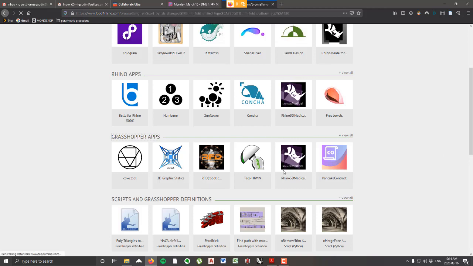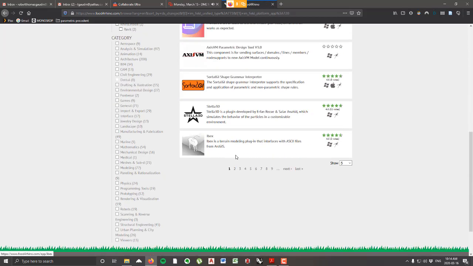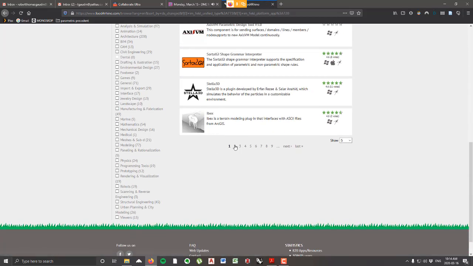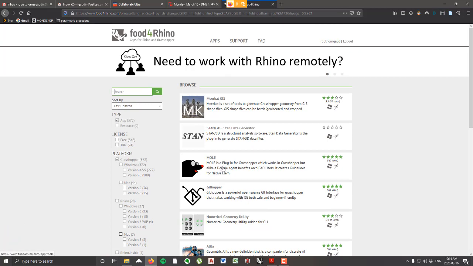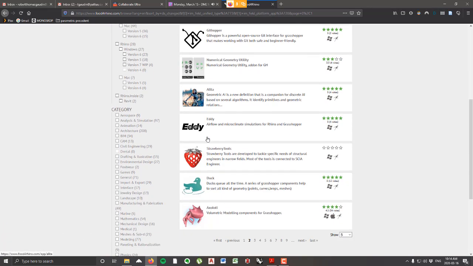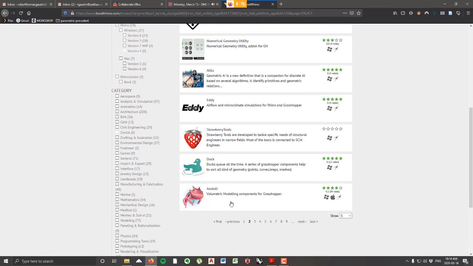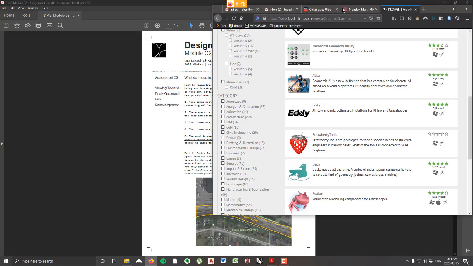It could be an analysis tool that you use to drive a form. It could be something that deals with terrain perhaps and incorporates it to your tower. It could be a remeshing tool. There's a lot of things in here. And essentially, I want you to go through and see what piques your interest. Let me know, and then I will help you through that as much as I can over